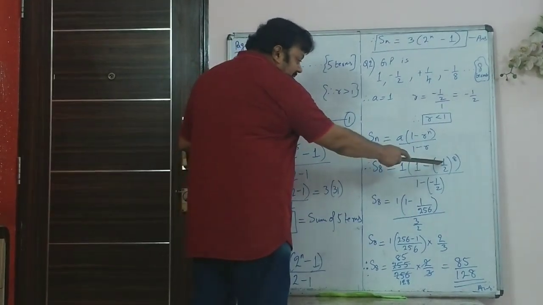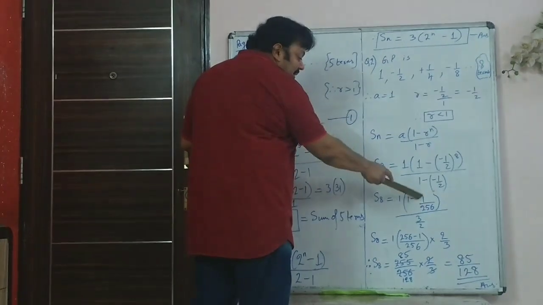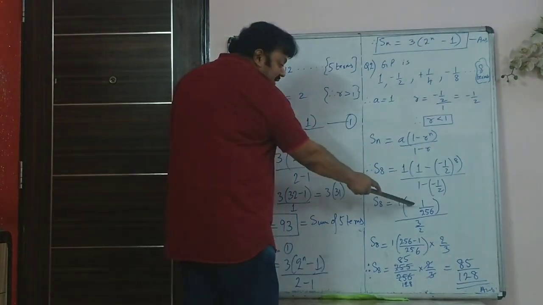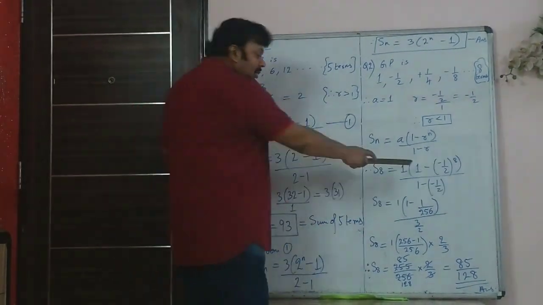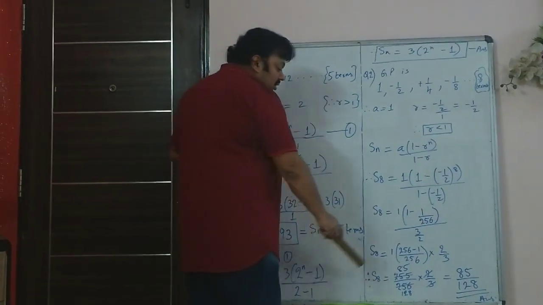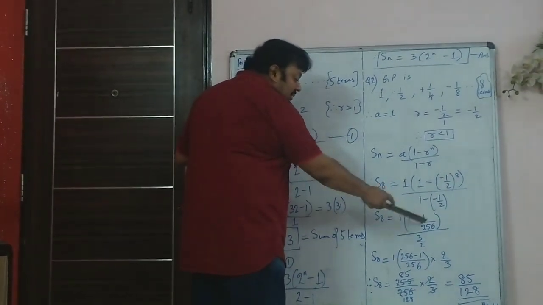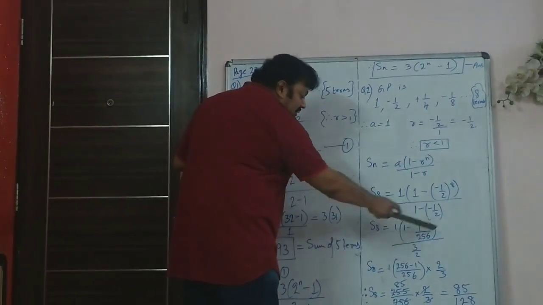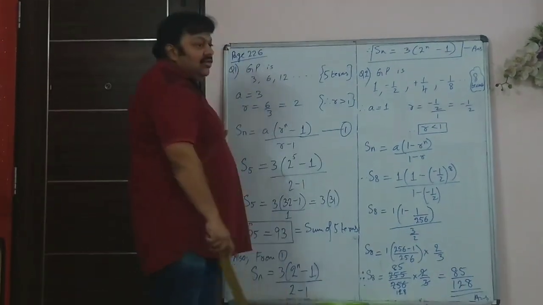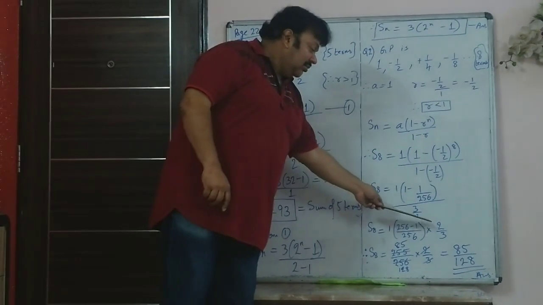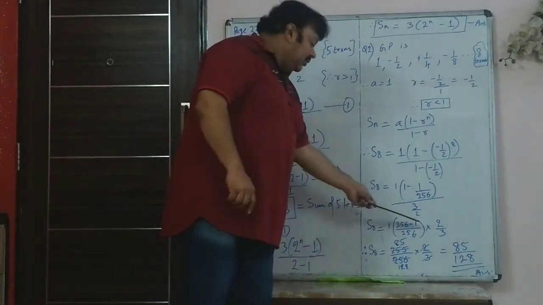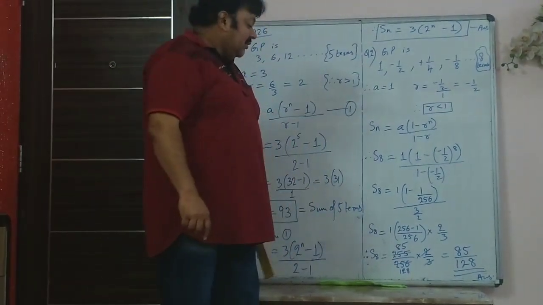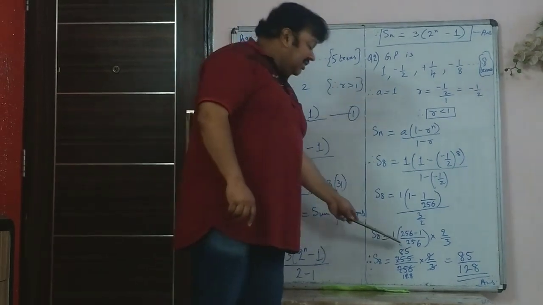So when you do this, you get 1 minus of, minus raised to an even number becomes plus. So that is why this number became 1 upon 256. But this minus outside the bracket remains. So that is why it is 1 minus 1 by 256. When you take the LCM, the numerator will become 255, the denominator is 256. Instead of doing the division, you can multiply with the reciprocal of the denominator, so it gets multiplied by 2 by 3. So 255 upon 256 into 2 upon 3 is 85 upon 128. So this is the correct answer.